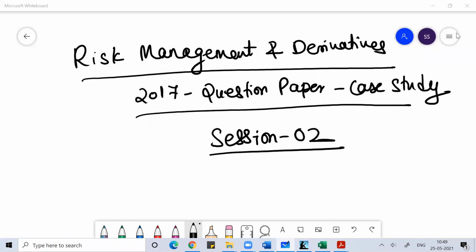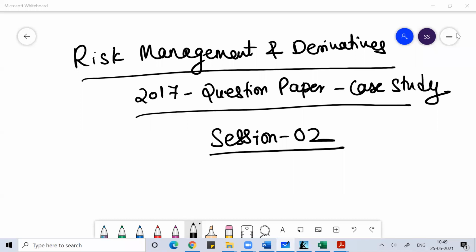So welcome everyone to the second session on the same topic which we're discussing from the last few classes. We are discussing the sensitivity analysis concept. And what is basically a sensitivity analysis concept? It's like you are changing one particular variable from your pro forma statement, and by changing that variable, you are trying to measure the impact of that change on the NPV. So that is what we are trying to do here. So you can understand.